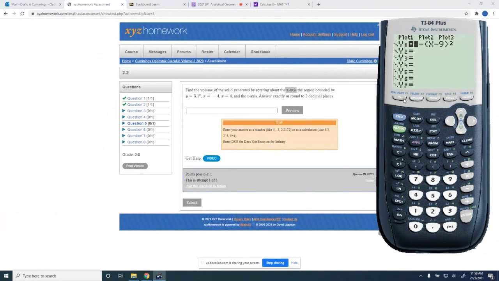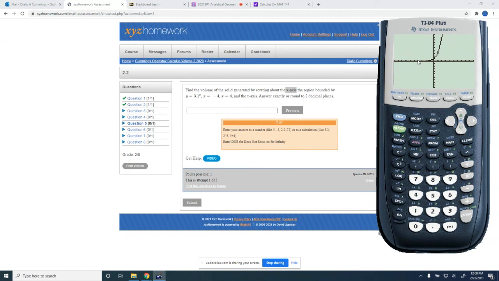Okay. So as always, I'm going to graph 3.1 raised to the power of x. Okay, 3.1 raised to the power of x. I'm going to use zoom 6 to graph. All right, so notice that this is our graph, and we want to rotate this graph about the x-axis